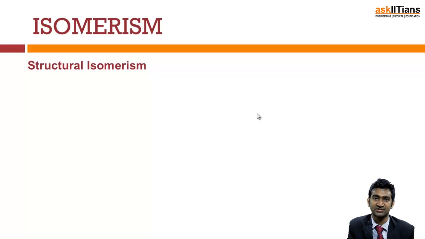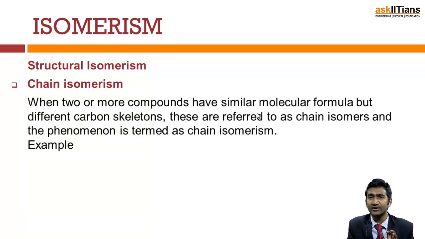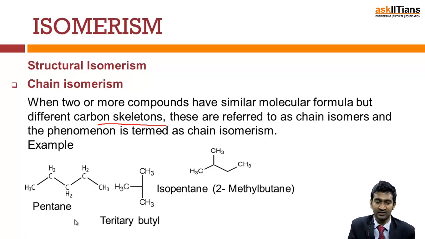So here we first study the structural isomerism. First is chain isomerism. So when two or more compounds have similar molecular formula but different carbon skeleton, that is what is my chain isomer. Okay, chain, like this formula. You have